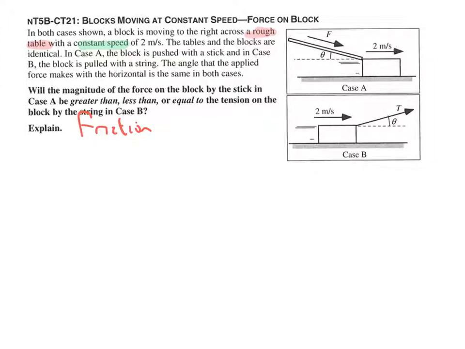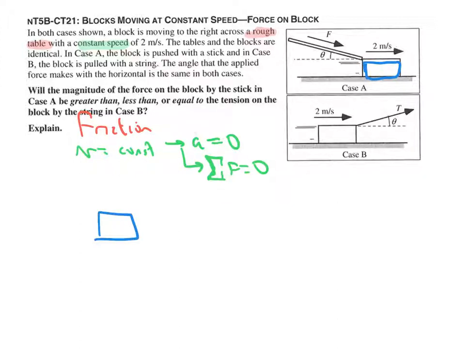But we also have that the velocity is constant, which implies the acceleration is 0, which implies the net force is also 0 in both cases. So there's no net force on this. Okay, what does that mean? Well, if we draw our free body diagram for this guy,